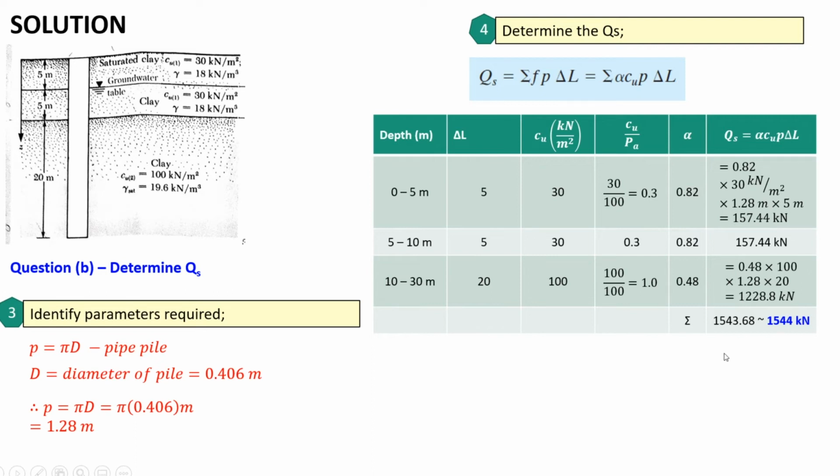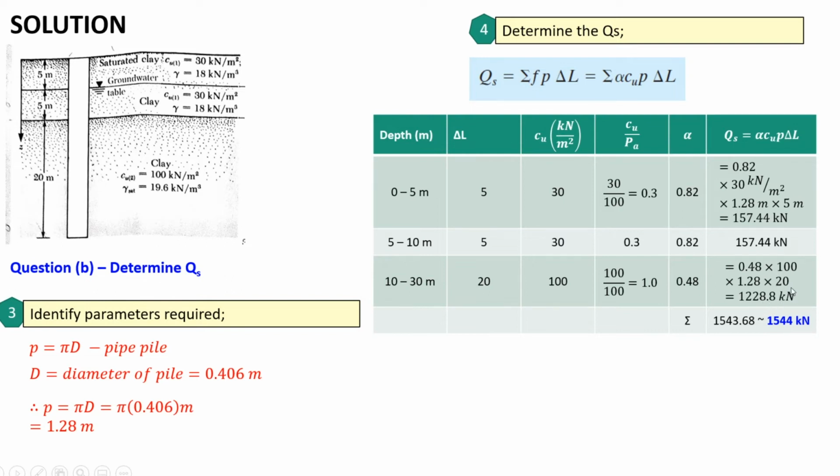And then go to the next layer. So for 10 to 30 meter, the delta L is 20 meter. Alright, the alpha is 0.48. So now we need to calculate the QS with alpha 0.48 times 100 CU, and then this is the P parameter, times 20 which is the delta L. So you will get